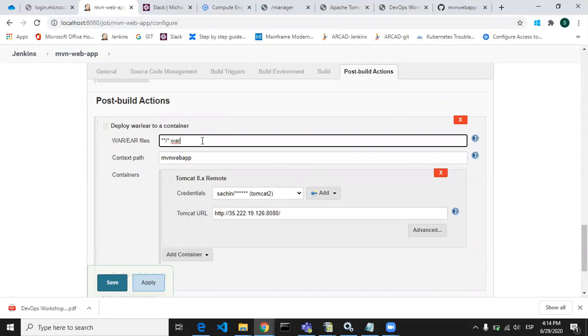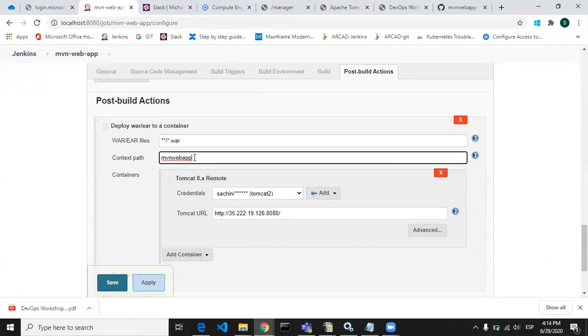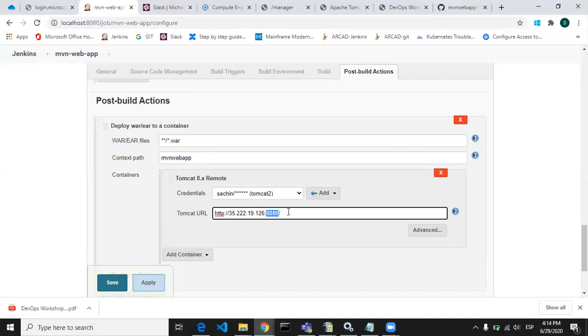This will automatically find the war file which is created by your Jenkins in the Jenkins folder. Then you have to give the context path for your application, just like this is the Tomcat URL and port, and after that you give this context path so that your application will be seen there. Then in the container you have to select a container.